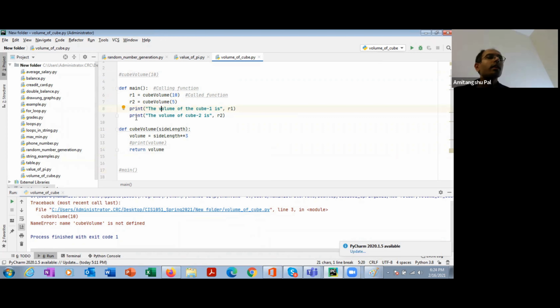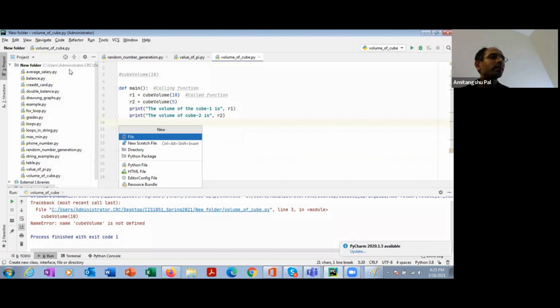Okay. Now here we have seen that these functions are returning some value. Now there are some functions that may not return anything. Let's see.